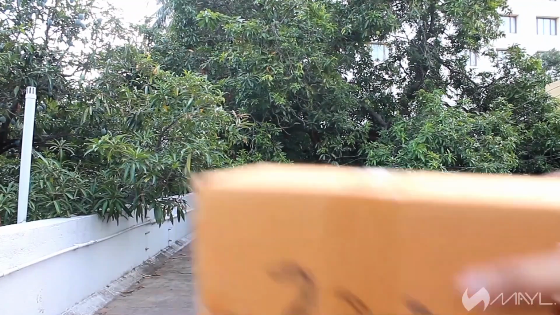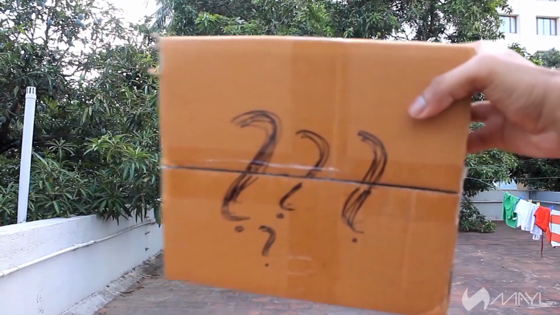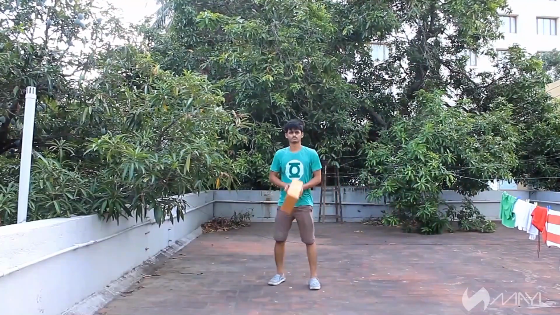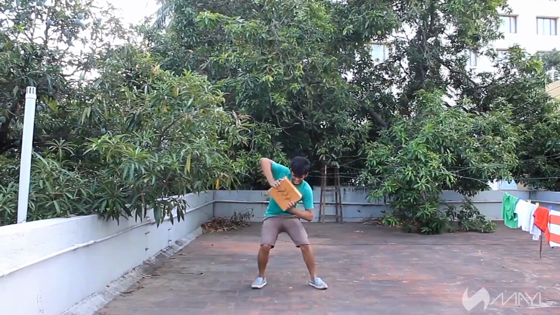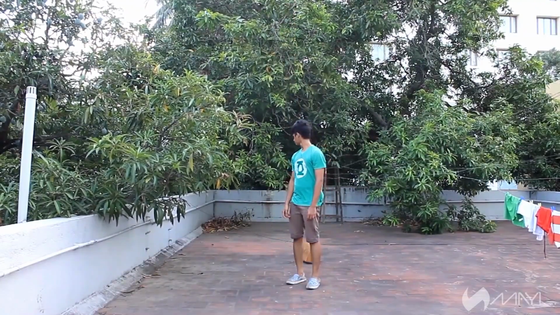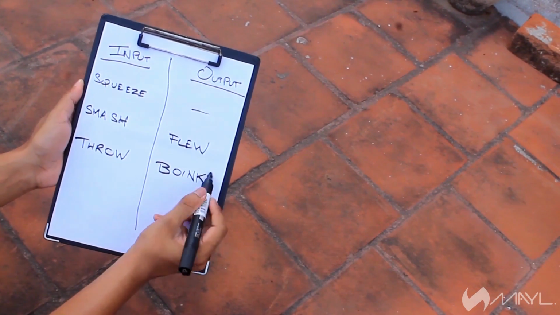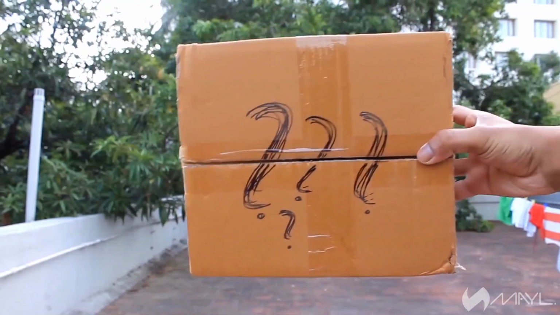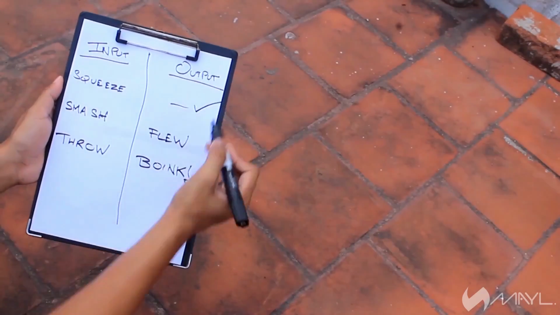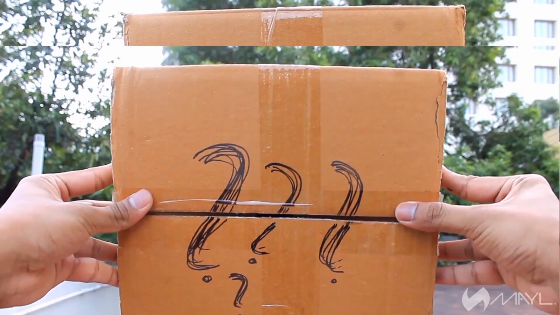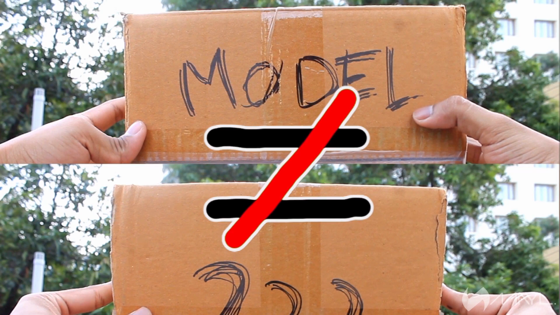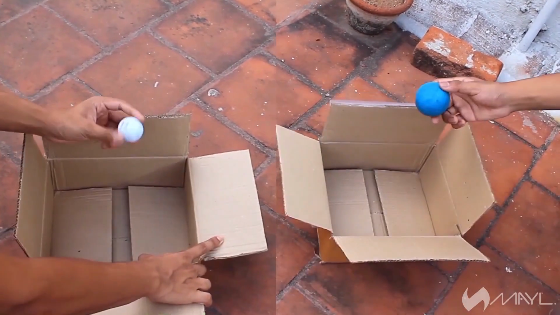Say, a simple way to put it would be this. You have a box in which you have something whose properties you need to observe and come up with a model to explain how the contents of the box work. So you give some external inputs like, say, you squeeze it or smash it or throw it around and lots of other stuff. And you note down the output for that as to what happens when you do a certain thing. Now, you could come up with another box containing an arrangement of various things such that this box exhibits the exact same properties as the initial one. But that does not mean that it's the exact same thing that's there in that mystery box. It could just be one of the many things that behave similarly.